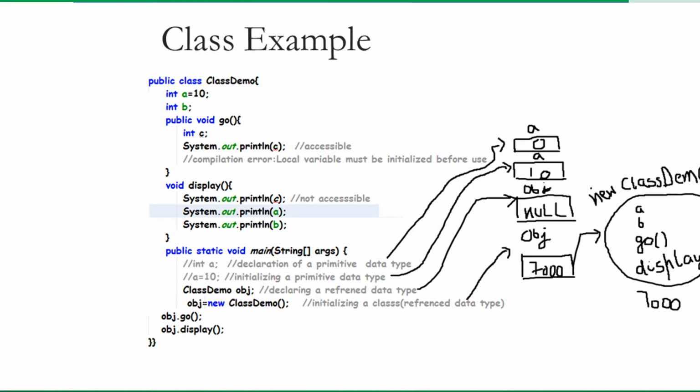Now here, it is a basic program in which I have declared a class, public class Demo. As you can see here, class's first letter is capital and Demo's first letter is capital. Under that I have defined two fields, int a equals 10 and int b. I have initialized the variable a as 10 and I have not initialized b. Now we have seen in C++ we cannot initialize a variable outside a constructor. I have not declared any constructor here, but I am initializing a variable outside a constructor. It is possible in Java, but it is not possible in C++.